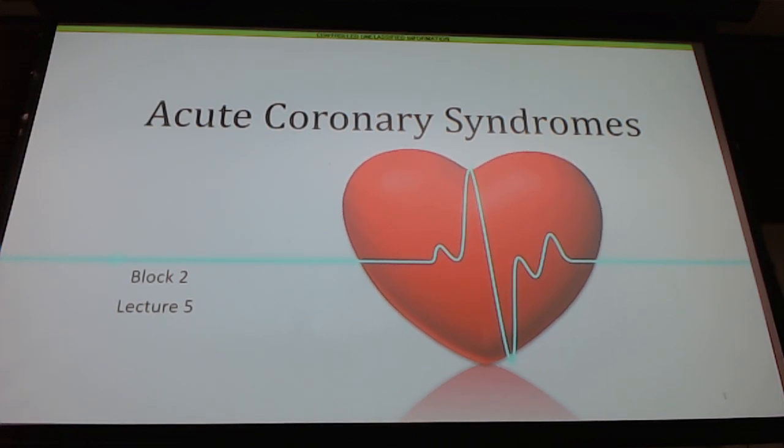Exciting lecture to do, because this is the kind of stuff that we get paid the big bucks to manage, and you have to act quickly because seconds matter, seconds equal cells. So we'll talk about what's expected of us, but I did want to revisit, before we talk about acute coronary syndrome, its cousin, ischemic heart disease, and kind of what sets you up for that, with our check on learning. So let's go ahead.